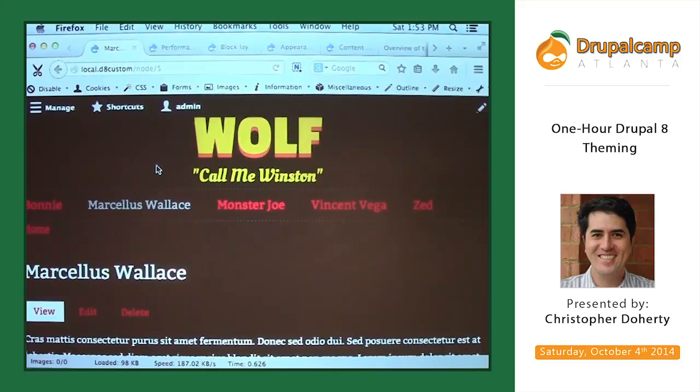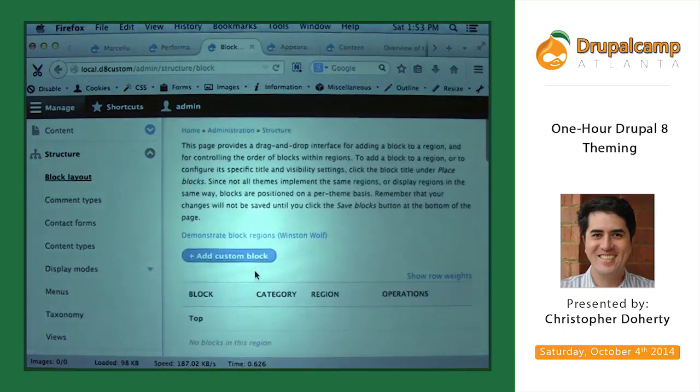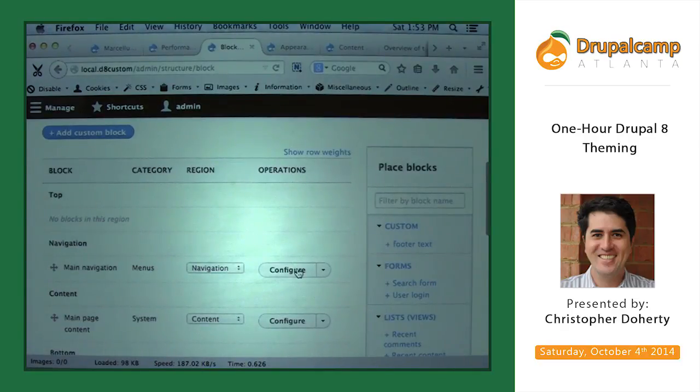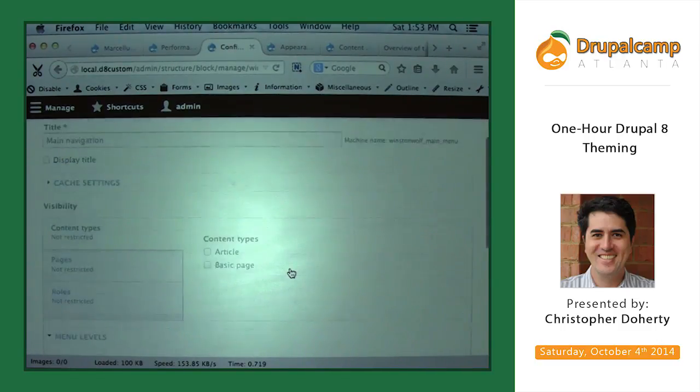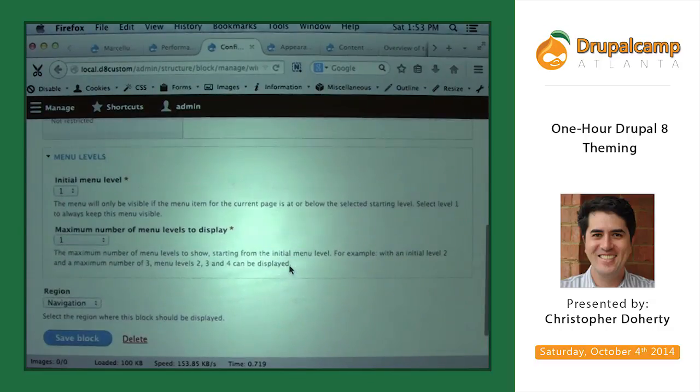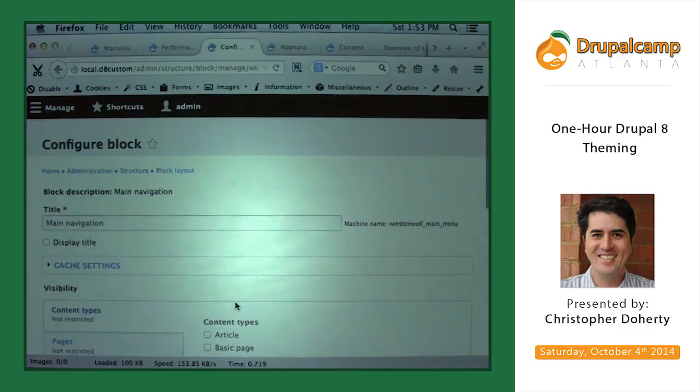So you'll be able to use Views contextual filters with blocks now, right? Pretty much, yeah.